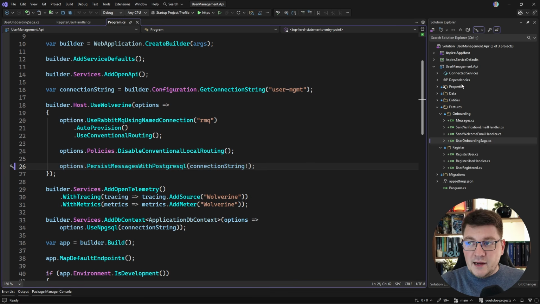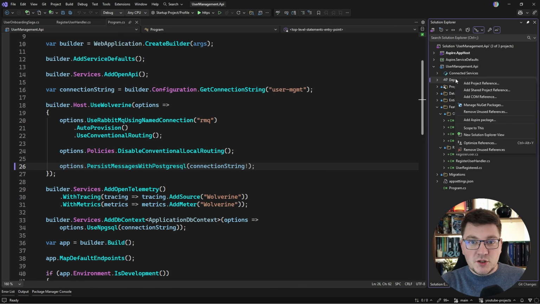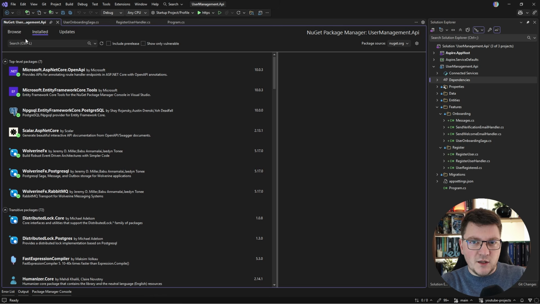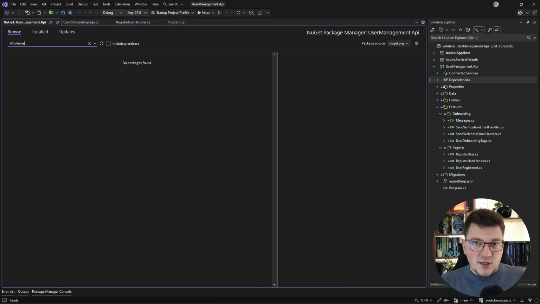And here we have to use one of the two storage mechanisms that support this, which is either opting into Marten, which is also part of the so-called Critter Stack, and it turns your Postgres database into a document database. I made a very beginner-friendly introduction to this a couple of years ago. I'm going to leave the link to that video in the description, but for our use case, I'm going to